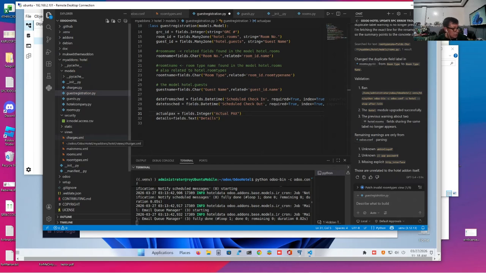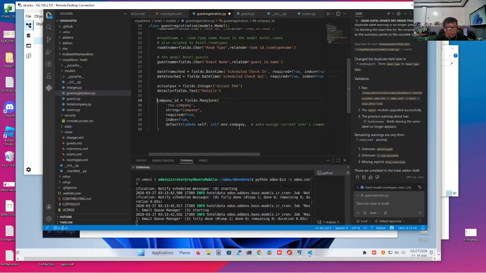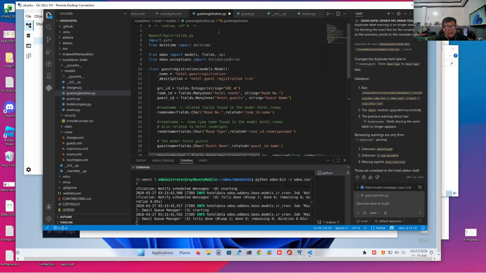Okay, and of course we will have that multiple company specific field because each hotel will have its own company ID. So different reservations will be unique to each hotel. So if you have several hotels in this application, they can have separate registrations which will not conflict with each other because each registration belongs to a particular company and its default value is the current company. Will not complicate matters this time. There will be more fields that we are going to add later.